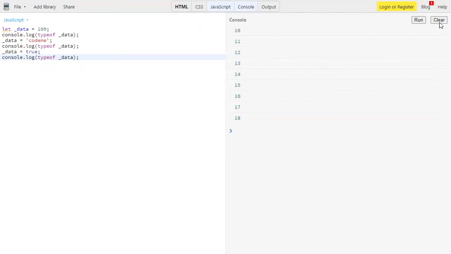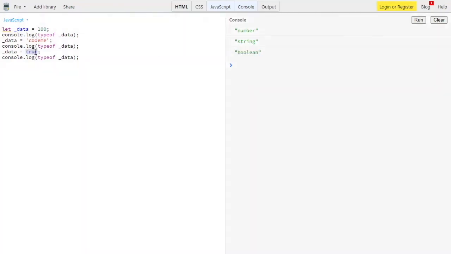Let me clear the console over here, and as you can see you will get different results. Firstly it's of data type number, then it's of data type string, then it's boolean. Why? Because after every assignment the data type changes.